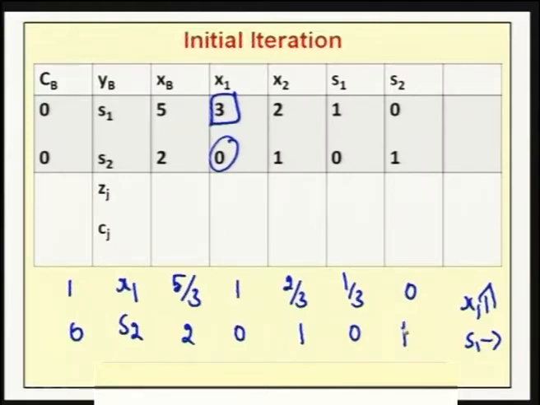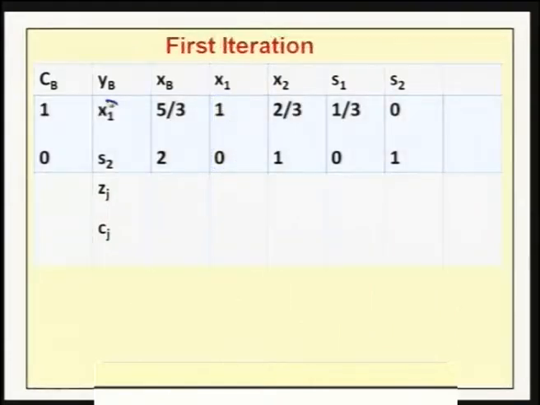So, in the next iteration, this is our table. Now, we have to check the optimum solution for this table. So, our first iteration is this one. Now, again we have to check the optimality condition. Here x1 and s2 are the basic variables. Therefore, for x1 the zj minus cj value will again be 0, so there is no need to compute this one. Similarly, for s2 there is no need to compute the zj minus cj value.